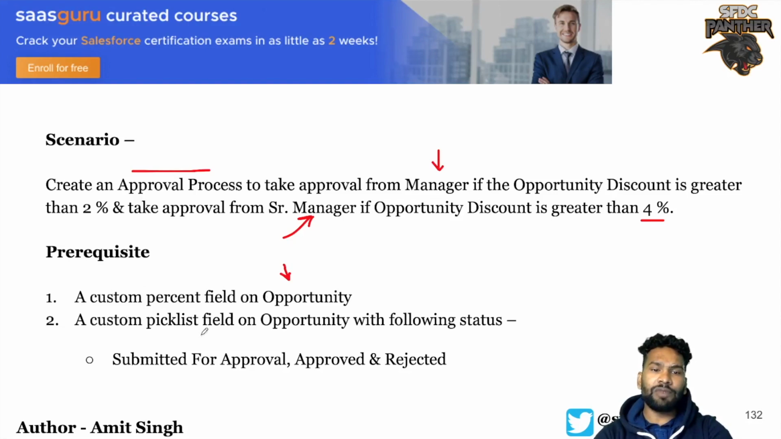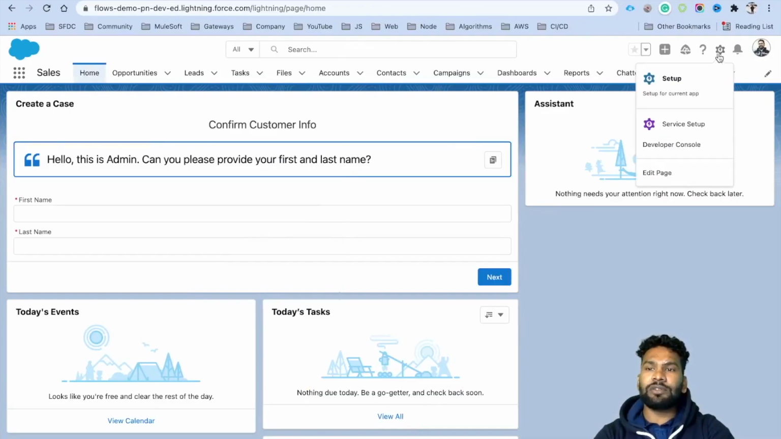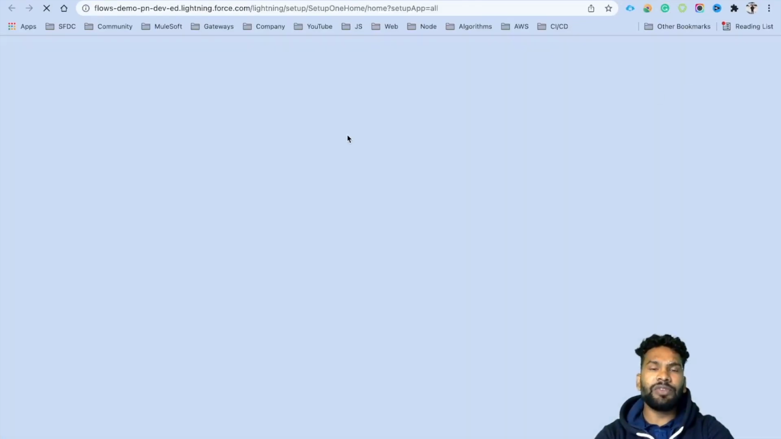We will also create one picklist field on opportunity for the status, with the values submitted for approval, approved, or rejected. These are the three values that will be there in the discount approval status. So this is what we are going to do, and now let's quickly jump into our Salesforce org. Just go ahead and open your Salesforce org and visit the setup,